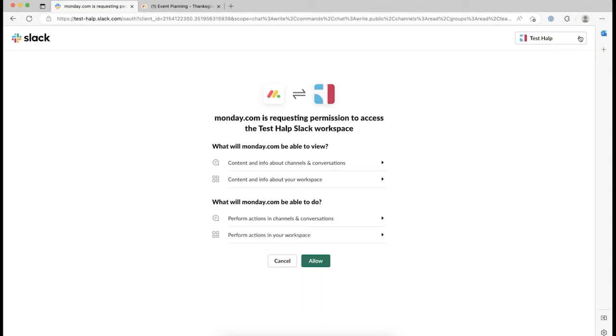Assumption is you already signed into your account, but you can have others in here that you can connect. So you can pick and choose which one you want to do. And then it asks you for permission to allow you to send messages, receive messages, and so on. And so you'll allow that, and it'll come straight back into Monday, and then into the workflow screen. So once this comes up,